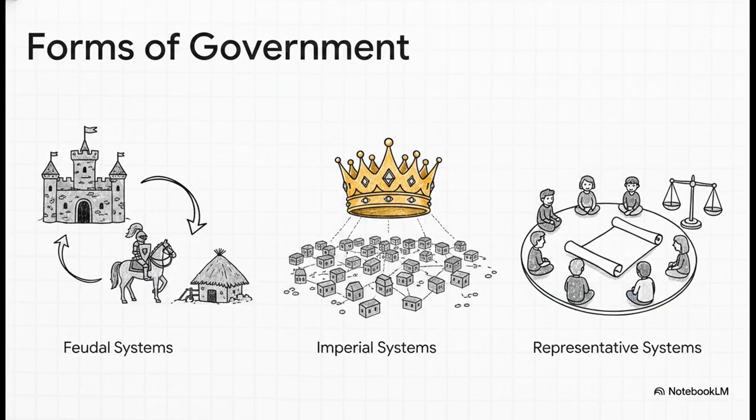Welcome to Level A. Let's think about how leaders actually kept control of vast amounts of land and people without any modern technology. Whether it was the shoguns and samurai of Japan, the monarchs and knights of Europe, or the massive dynasties of China, regions organized power through 3 main systems. Feudal systems relied on local lords and strict social classes exchanging land for loyalty and protection. Imperial systems featured a super powerful centralized ruler, like an emperor controlling a vast territory. And then you had early constitutional or representative systems, which began placing the very first limits on a ruler's power, allowing councils or documents to actually give some voice to the people.